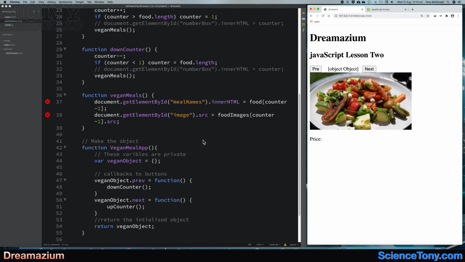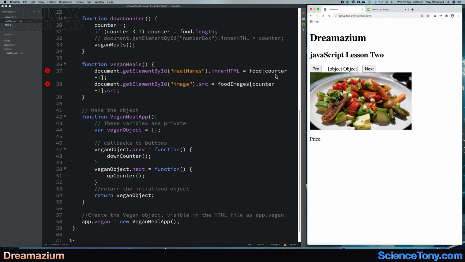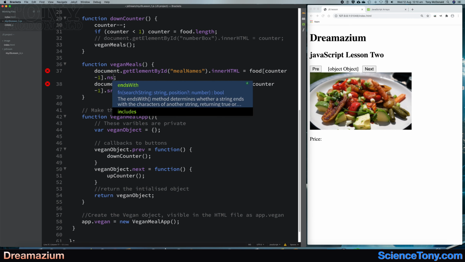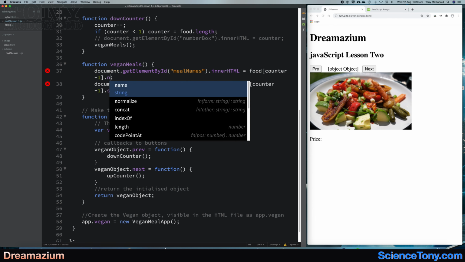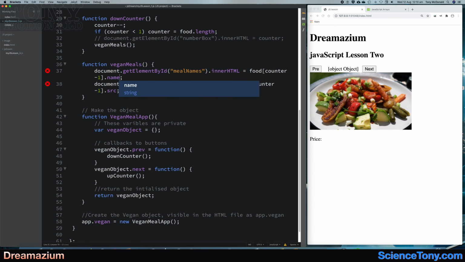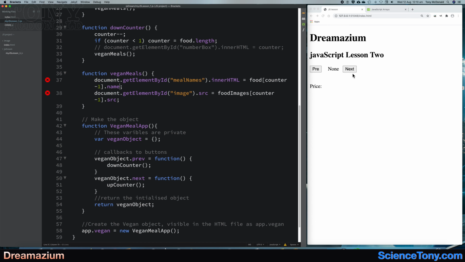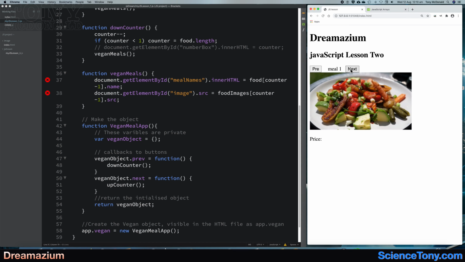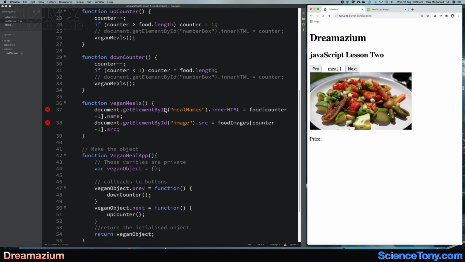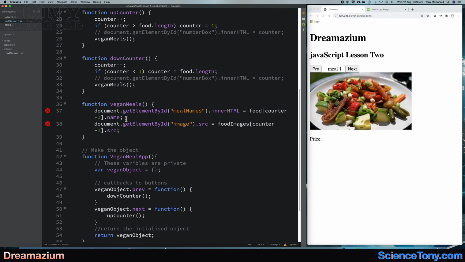So if we scroll down here, we've got the food, we've got the counter. Just one thing that we need to do is we need to use the dot notation again. And now we call name. So if we put dot name on there, it's going to give us the name. Meal 1. There it is, right? Okay. So if I put this same kind of thing in here,